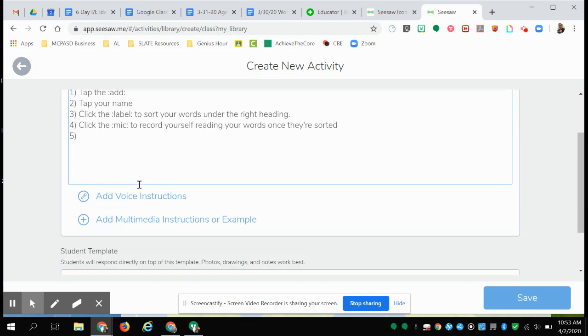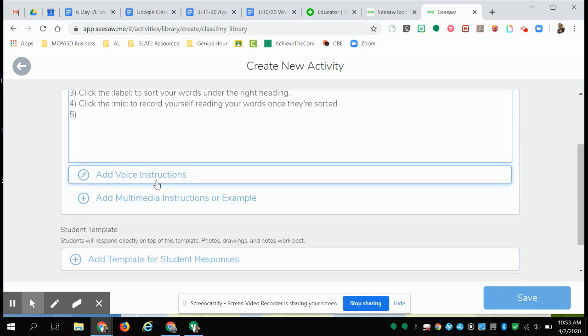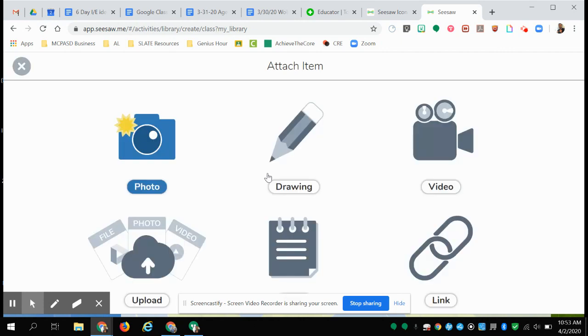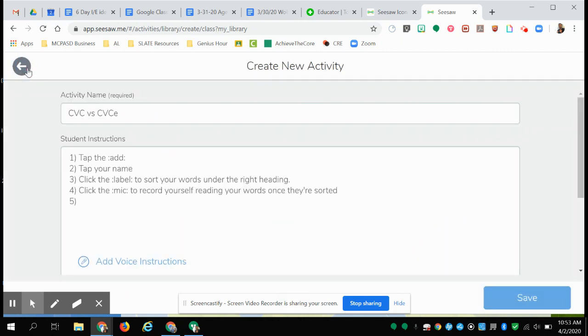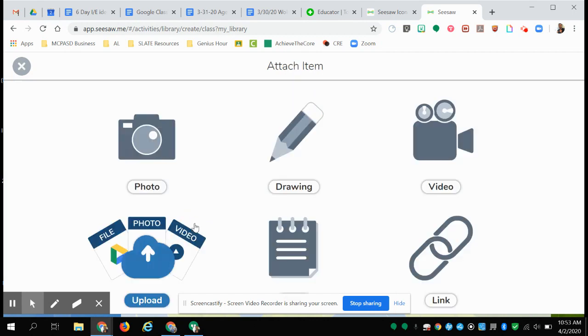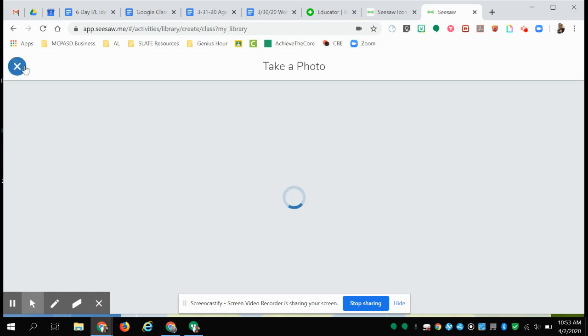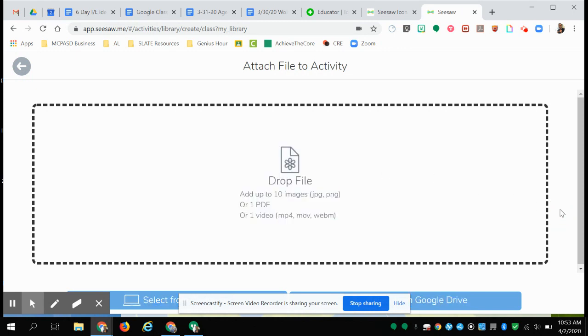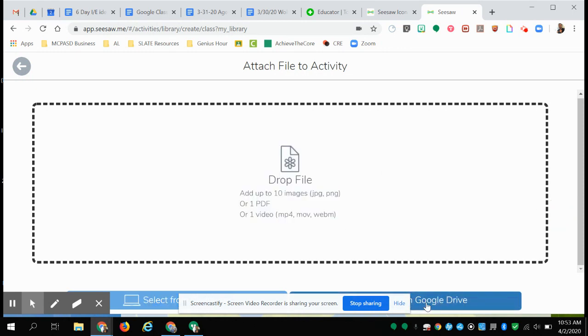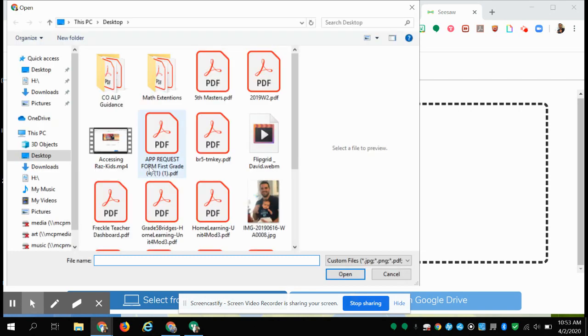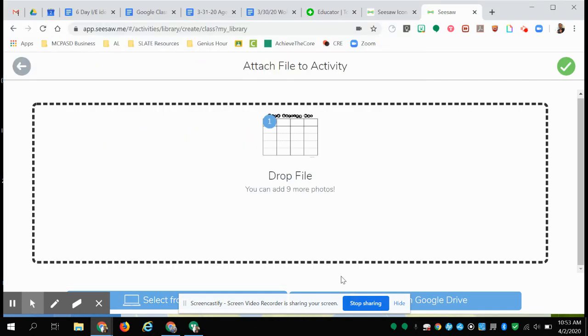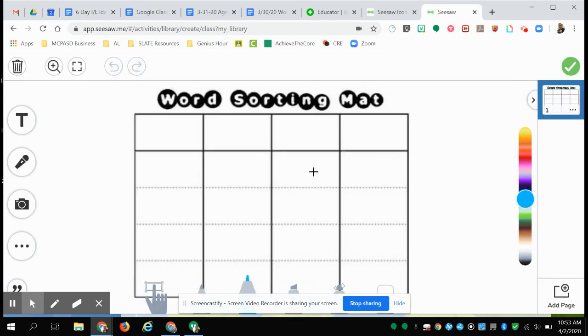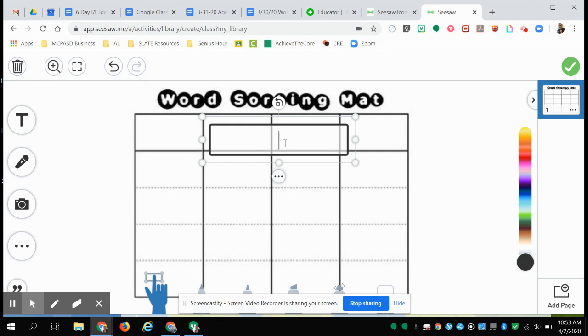So once you finish up your written instructions, you can add voice instructions really easily by just clicking the add voice instructions. You can add multimedia examples for students, and you can add a template for student responses. So in this case, I could take a photo, or I could upload something. So in this case, I've uploaded a document already. So I'm going to select from my drive, and I got to find my word sort, and boom. So now I have my word sort mat, and I could also then create my labels of CVC,